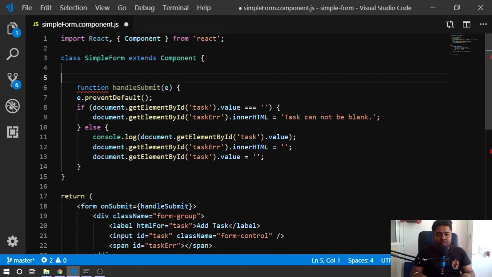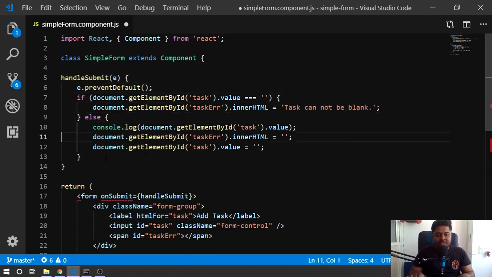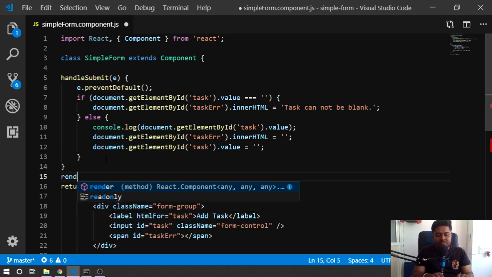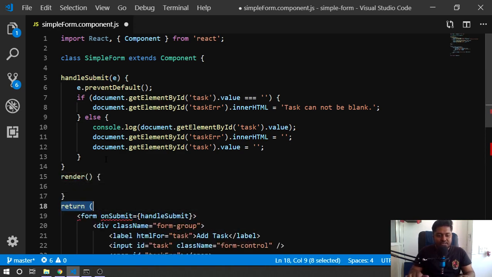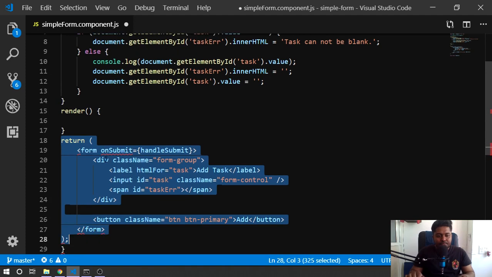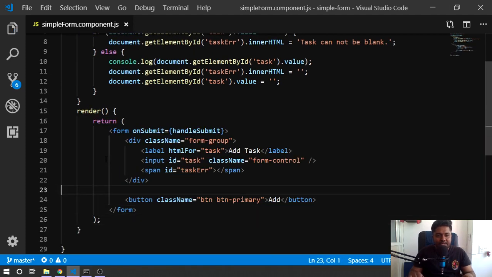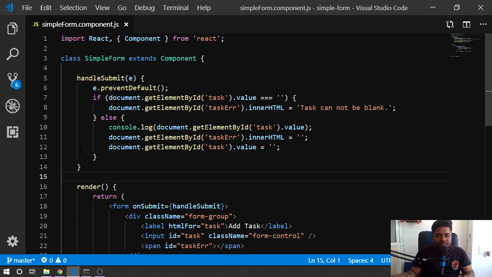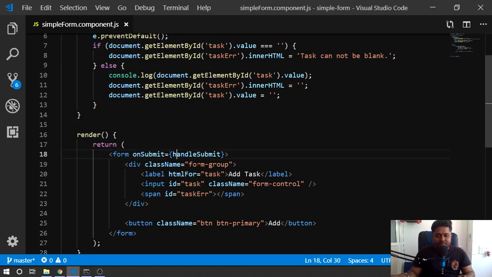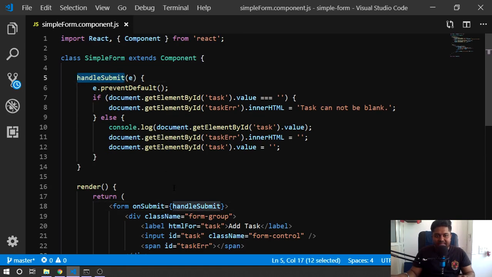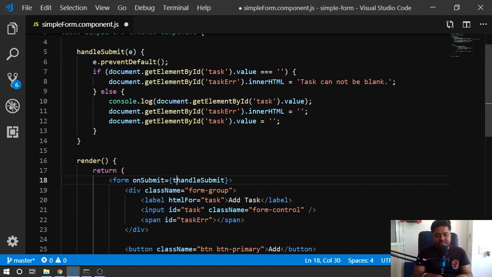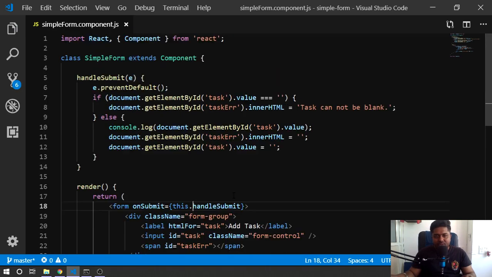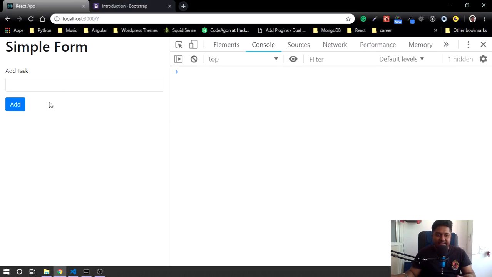The function would be handle submit, and there'll be a render method which would return this form. All right. So this, and instead of handle submit, because now it's a member method that we are accessing, we'll be going for this dot handle submit. All right. So this is a functional component converted to a class component, and let us see if this works